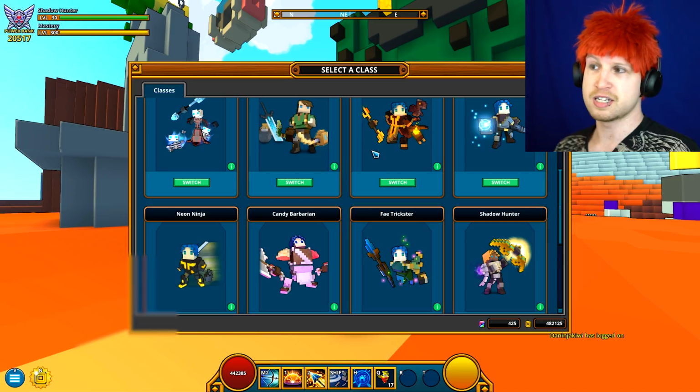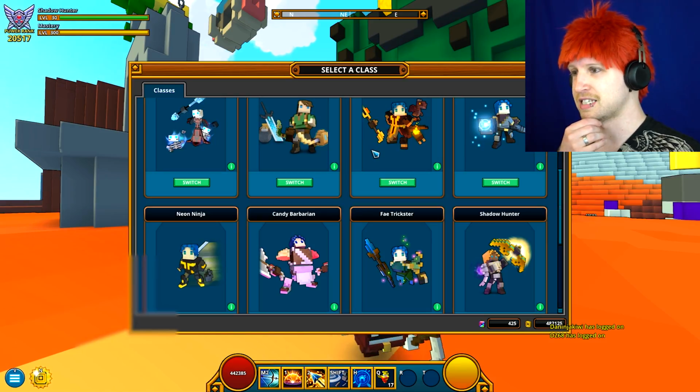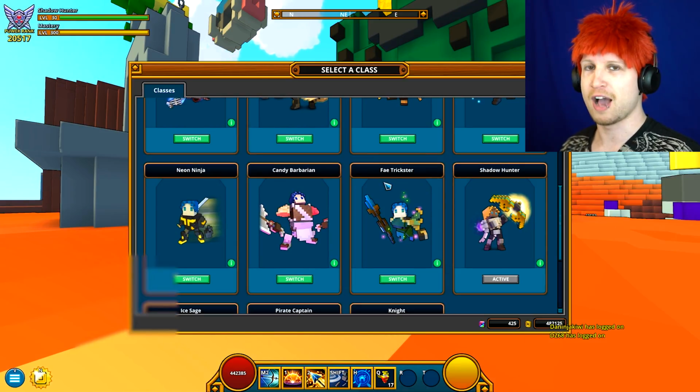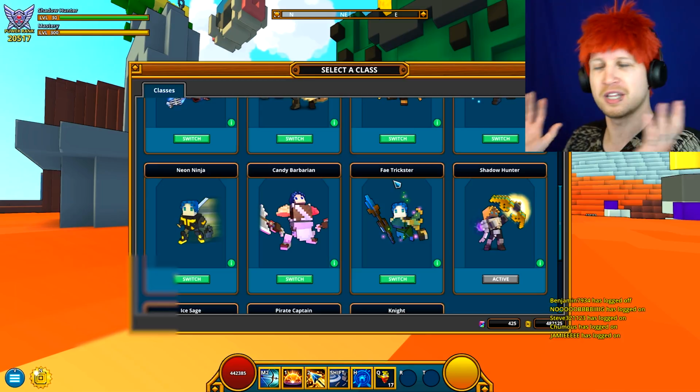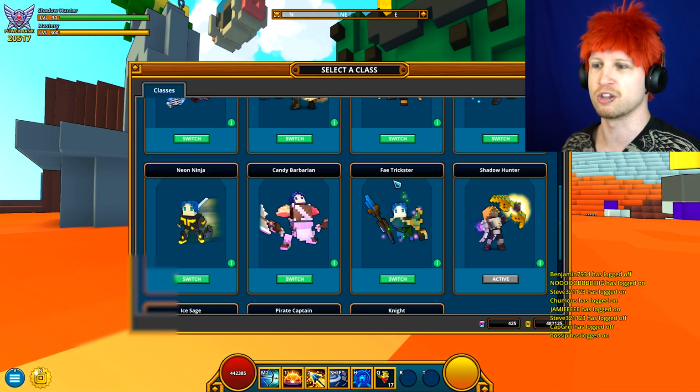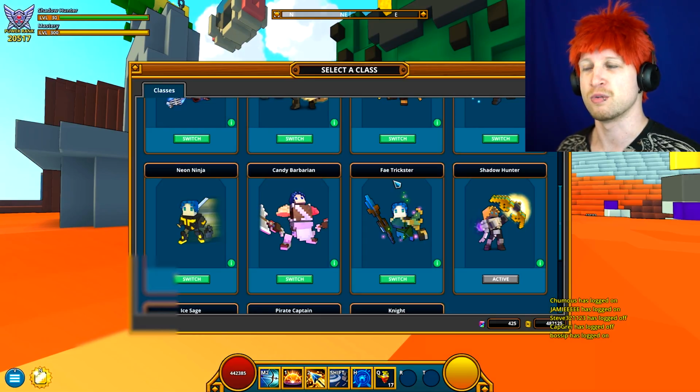And last but not least, this is not actually related to the subclasses, but I did think it was worthwhile to talk about. The Fade Trickster's class gem ability is getting a rework. They said that they have completely overhauled it. They're making it a lot better, and in a lot of ways, they said it might even be a little bit OP, which is great,